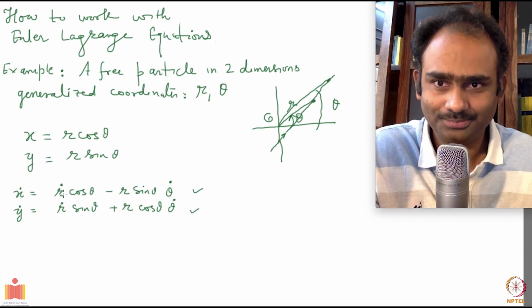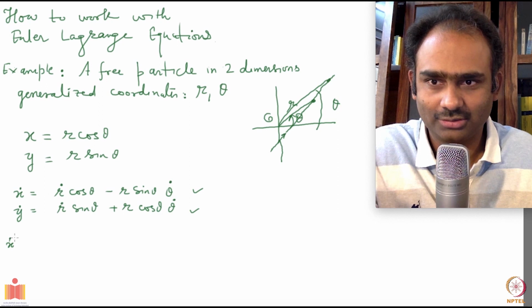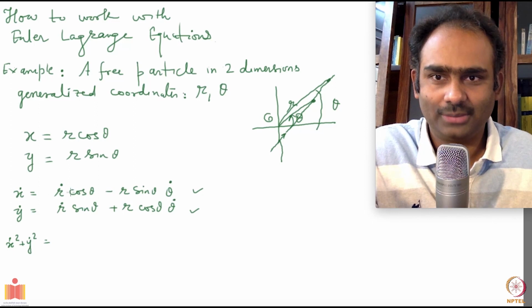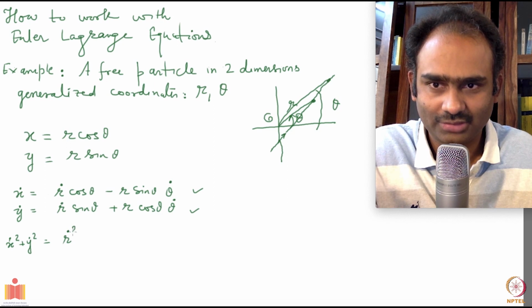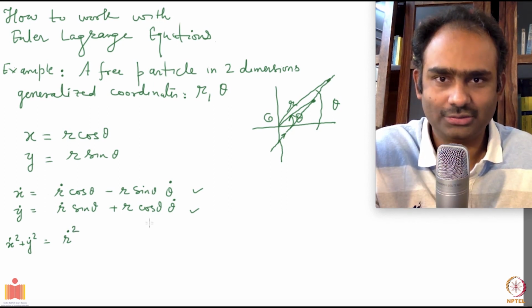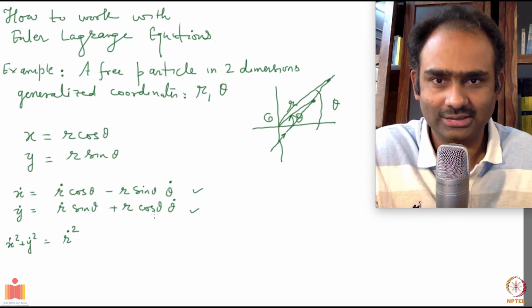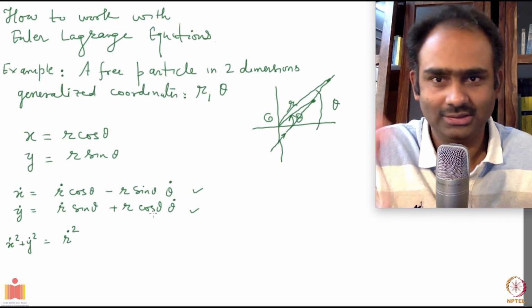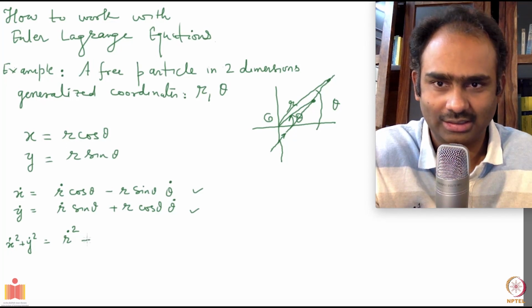When I square them, you'll have a square of this term and a square of this term, which will add, and cos squared theta and sin squared theta will give you 1. Let me write down x dot squared plus y dot squared equals. I'm adding the squares of this and that right now, so I'll get r dot squared. Let's add the squares of these two as well. You'll get r squared theta dot squared sin squared theta, and this one will give the same terms times cos squared theta. And again I use the identity, sin squared theta plus cos squared theta is 1. It goes away. So I get r squared